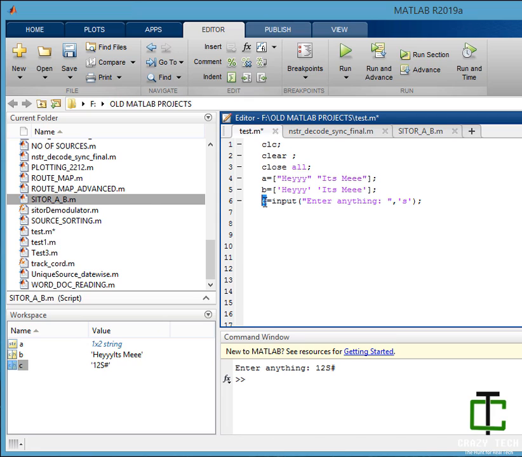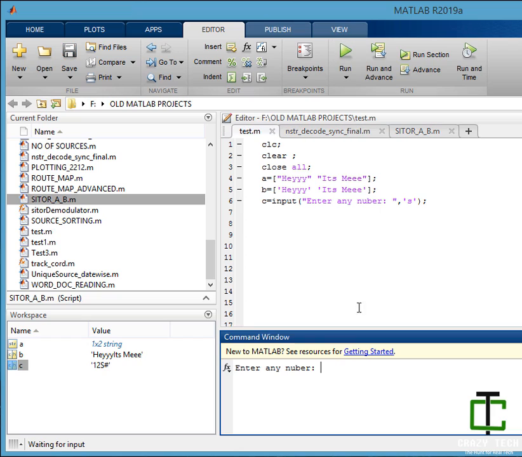What if I want the user to provide an integer? Let's say enter any number. I want my users to enter an integer. I am giving an integer, let's say 1024.